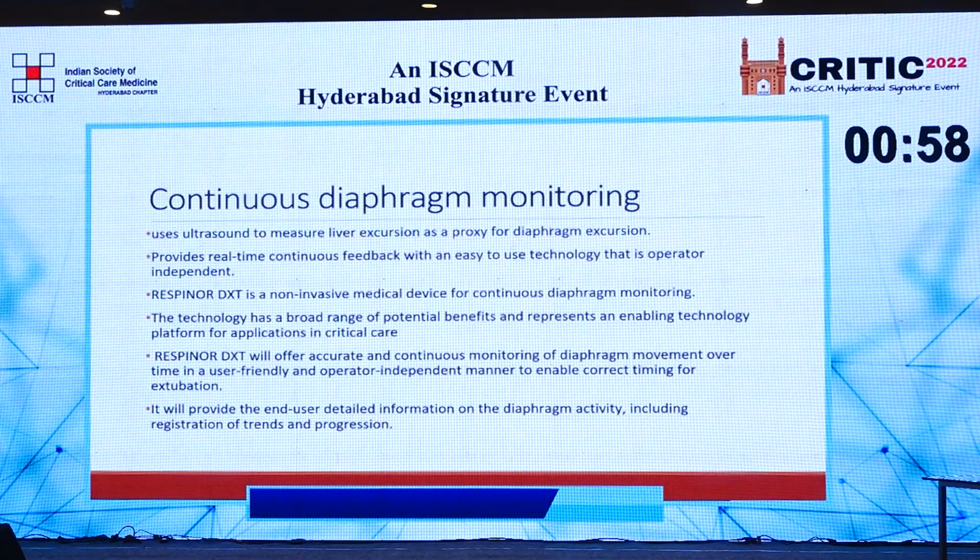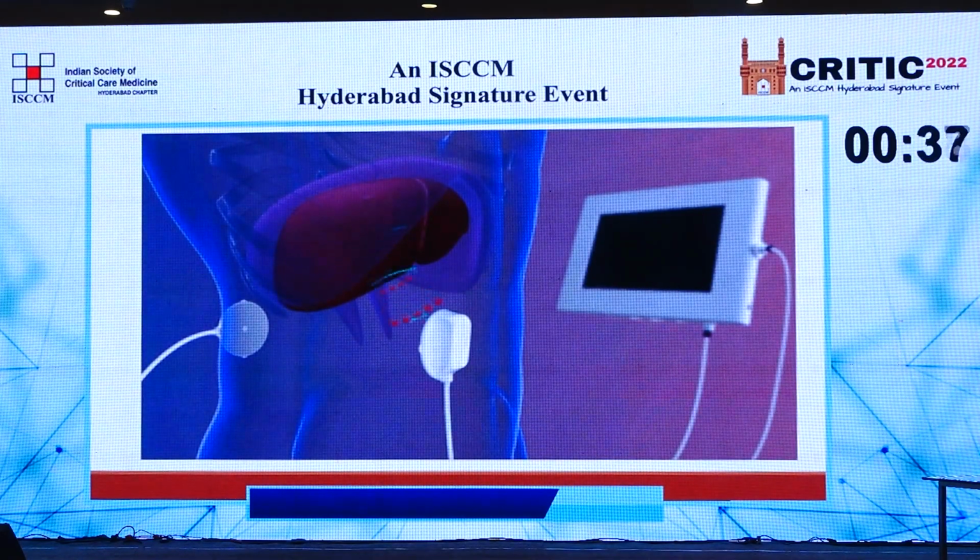So the other part of the talk is diaphragmatic monitoring. Okay, we are talking about diaphragmatic expansion, diaphragmatic movement, weaning and its role, and diaphragmatic paralysis during weaning. So continuous diaphragmatic monitoring will be in the future a part of your respiratory monitoring in all your ICU patients. And this is one of